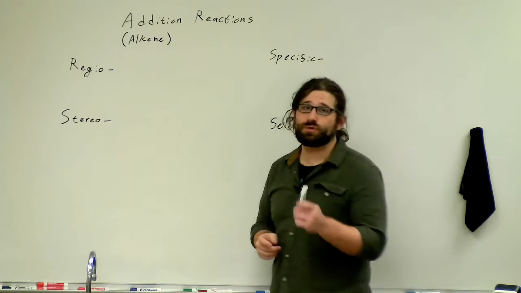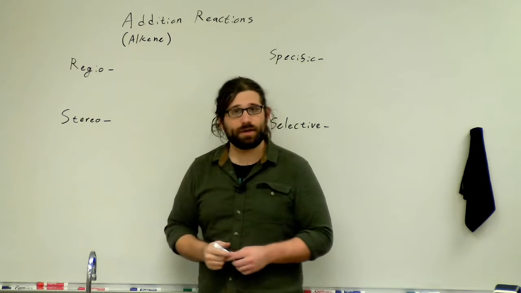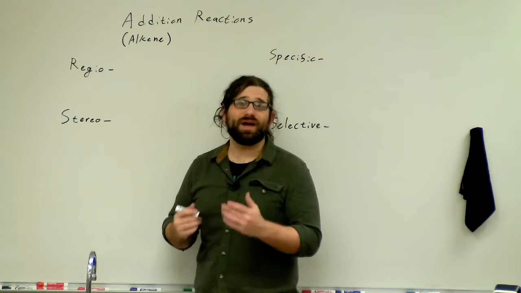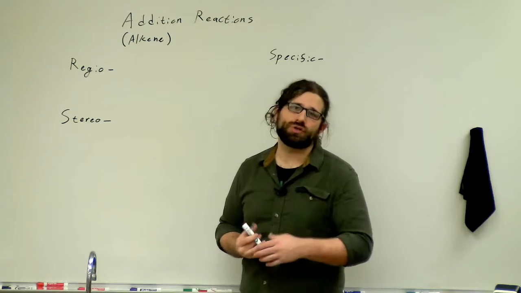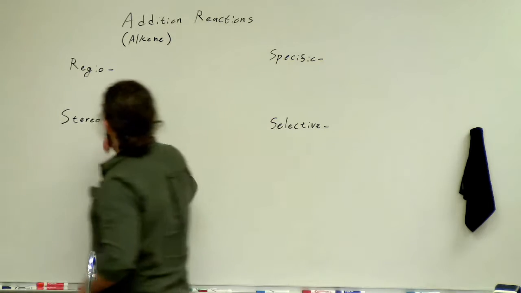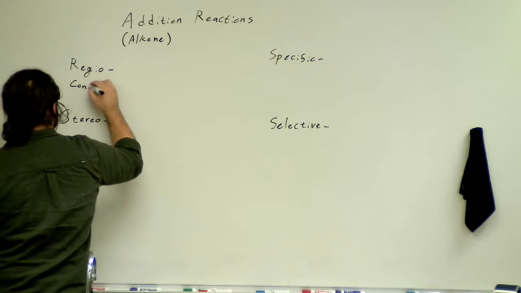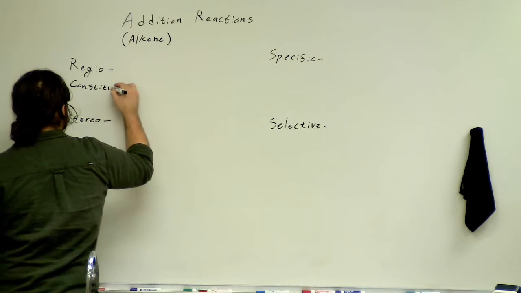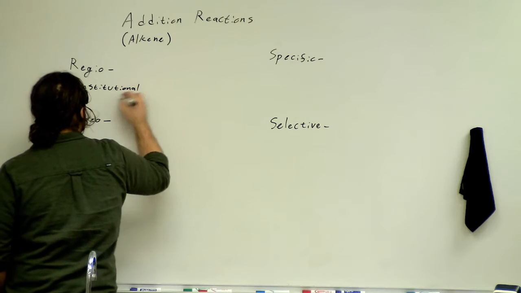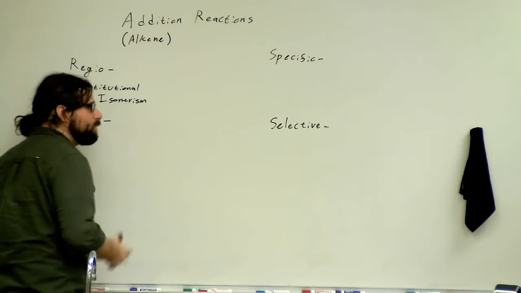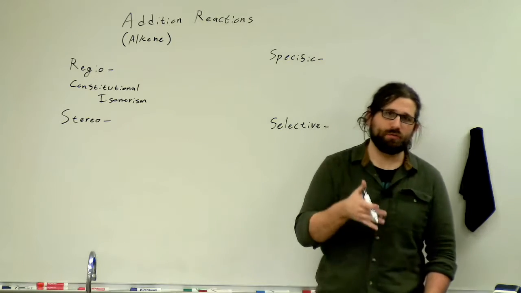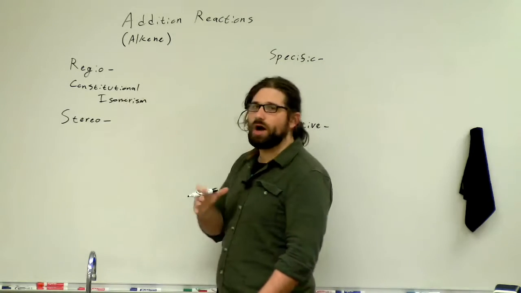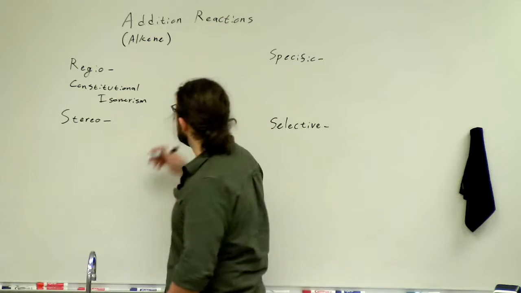The first two keywords we need to look at are regio and stereo. These are going to be referring to isomerism. Regio is going to be specifically the constitutional isomerism. So let's write that. And when we talk about regio products, we're going to be talking about the products of a reaction. Regio is going to come into play when we have something like